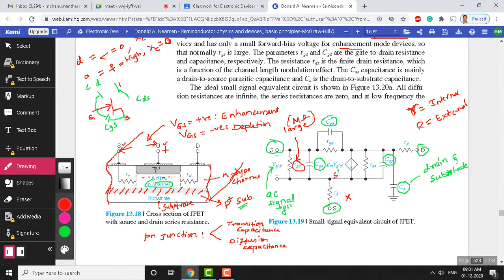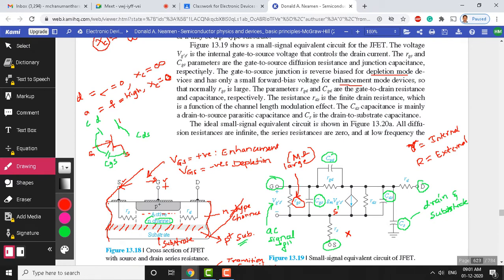Since there is a PN junction between the P plus and N region, in depletion mode that is going to be reverse biased, therefore this capacitance CGS comes into play. Now, CGS is nothing but a junction capacitance, what we call. Look at this, where is it labeled? You can see RGS is the resistance and CGS is what you are seeing here. RGS is the gate to source resistance, and CGS is the junction capacitance. I hope you got this point here. And every PN junction will have its own capacitance. All right, let us see next.